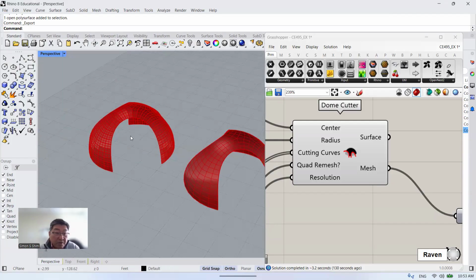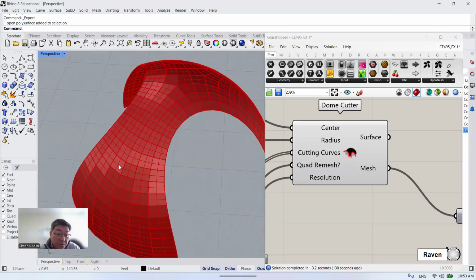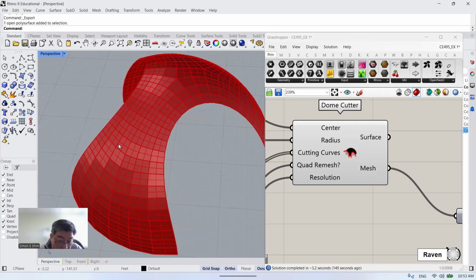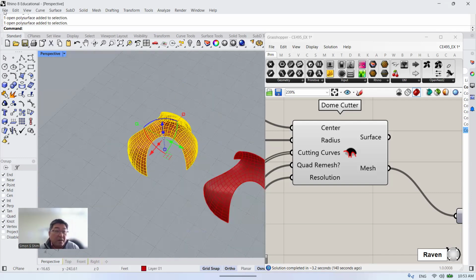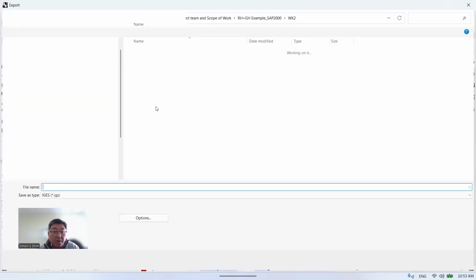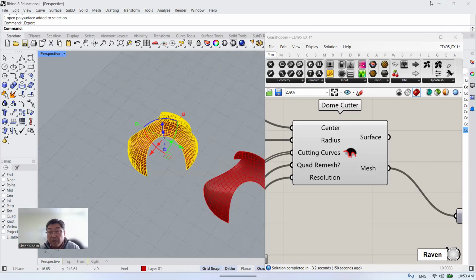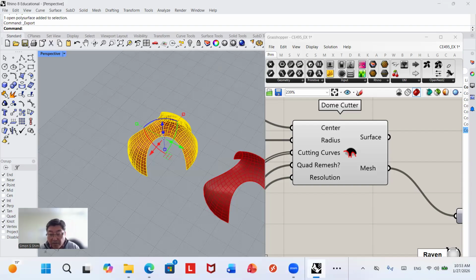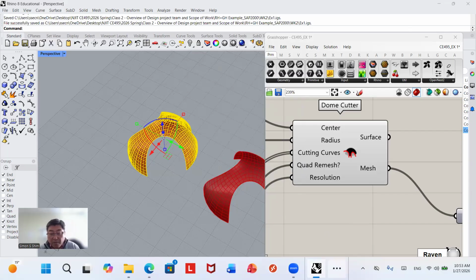I'm going to show you one more thing. Instead of using this quadrilateral mesh, we're going to use a triangular mesh again. So here I'm going to give you another example. Go to export and I'm just going to override it, EX1, override it. So the EX1 IGS file. Override it and go to SAP,